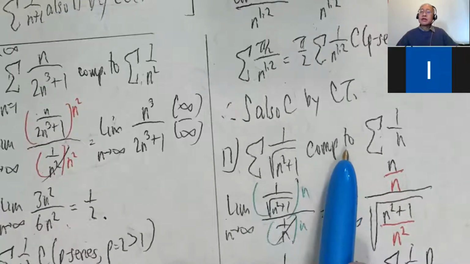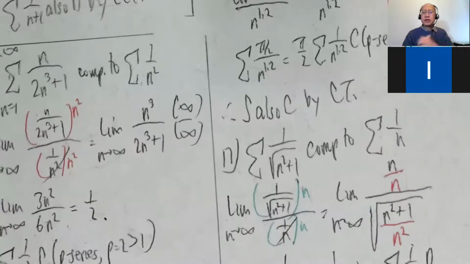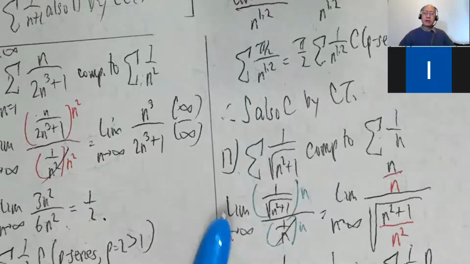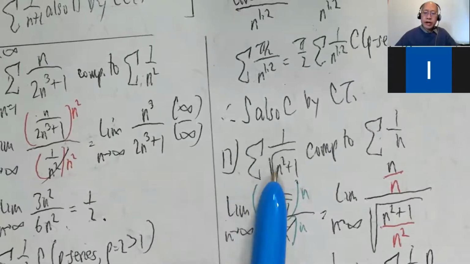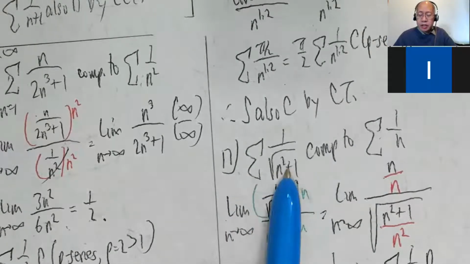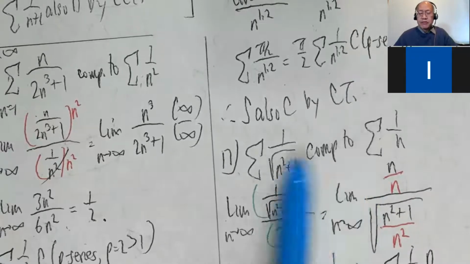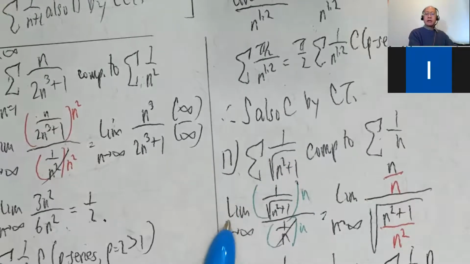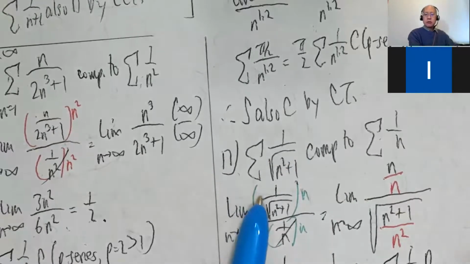Okay, so I'm going to aim for the limit comparison test. The nice thing about the limit comparison test is you don't have to worry about whether this one is larger than this one. For the comparison test, you do have to state for sure which one's larger. You don't have to worry about that for the limit comparison test. So I would work out this problem the same way if it were n squared +1 or n squared -1, in which case it flip-flops which one is considered the larger. It doesn't matter. So take the limit as n approaches infinity of the ratio